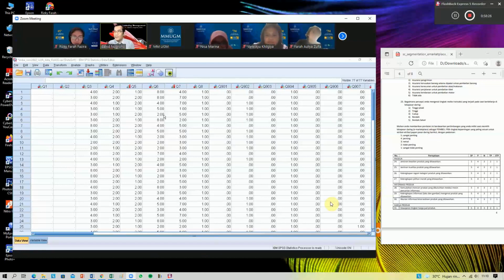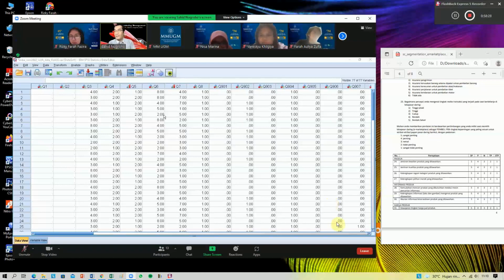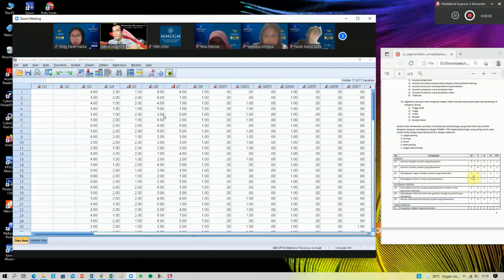If you want to simplify, you can also calculate in Excel for this kind of data, because SPSS cannot make a summary for this type of data, since the data is presented in different columns.